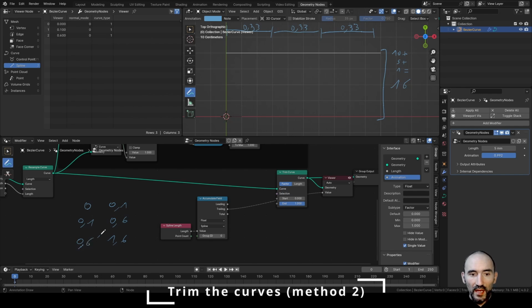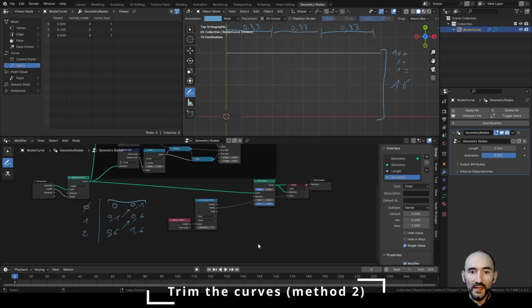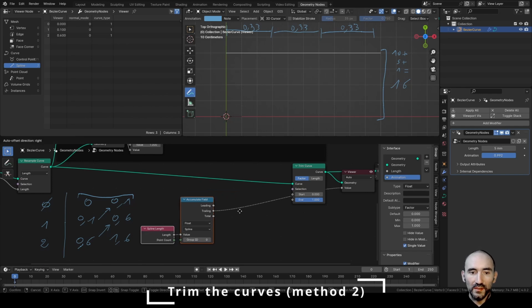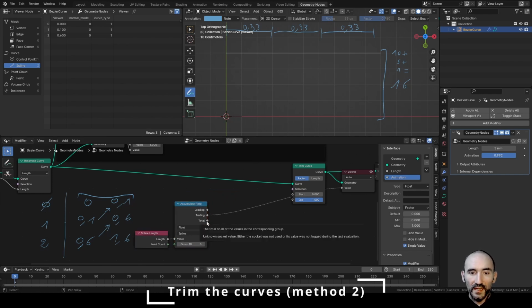As you can see, we have a shifting for each ED, so the 0 for the first and the second curves. We have a shifting of these values between the curves, and as you can see, these are exactly the intervals we need. So the proportional number between these numbers here and the total can give me the correct values in the map range that we used before in the first method. So I can move these nodes a little bit. We can see if I link the total value here to the viewer, I get the same result for all